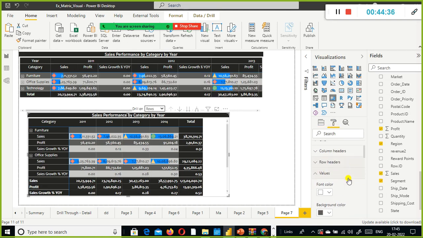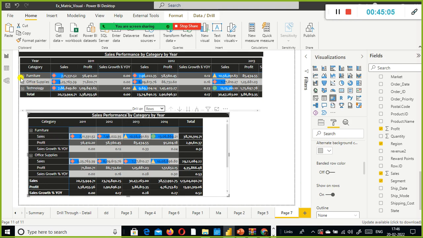Under the values section you can see the show on rows. Okay, show on rows, I enabled it. Banded row color, right? Banded row color, I don't need it. And then what else did I do? Okay, show on rows. I've used the show on rows. Okay, so that is the one, right? That is the one that helped us to see this.